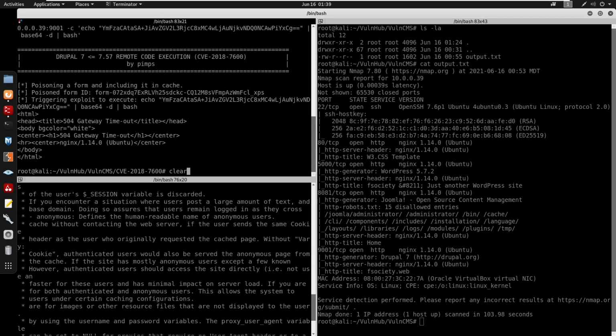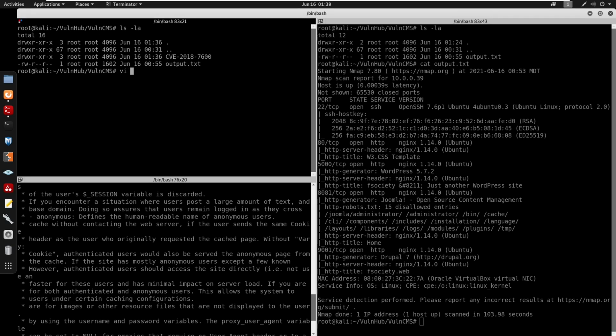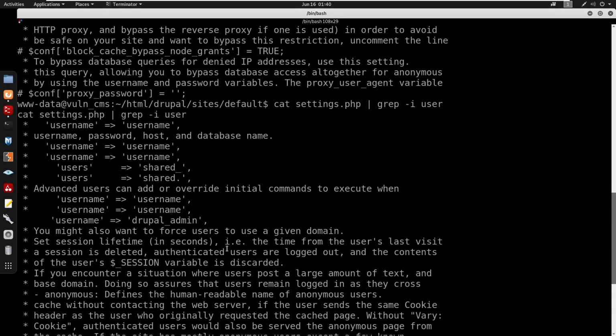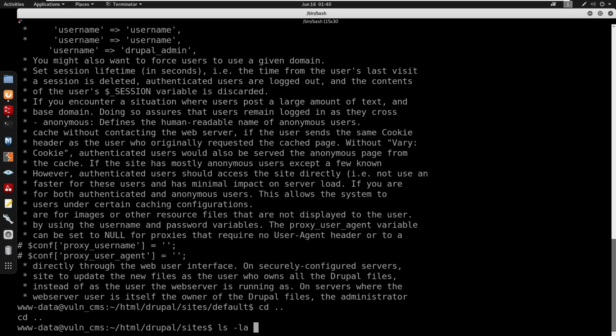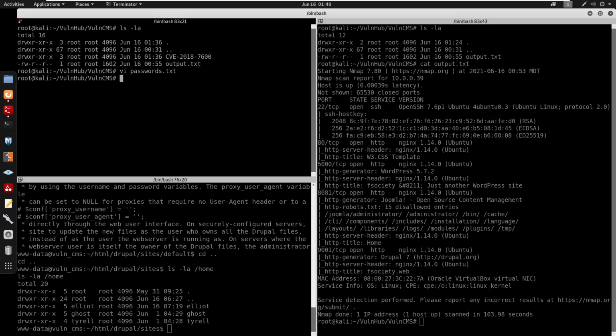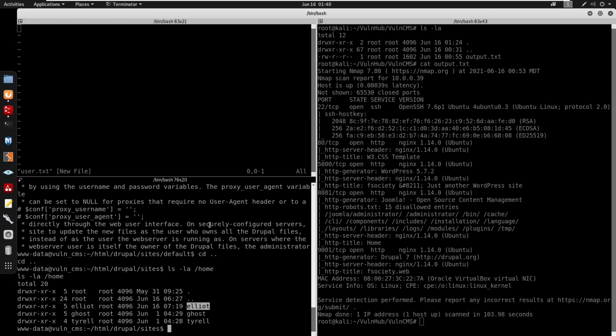So I'm just going to cd back. We'll vi into, I'm going to create a passwords list, so we'll do passwords.txt. We'll paste those in there. It does seem like we have those, right? Let's do ls -la on home. I'm also going to do the same thing for users, so we'll vi into users.txt. I'm making the passwords.txt and also the users.txt so I can actually brute force these users,